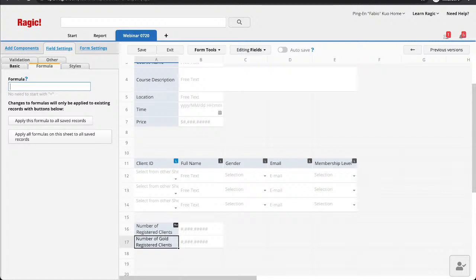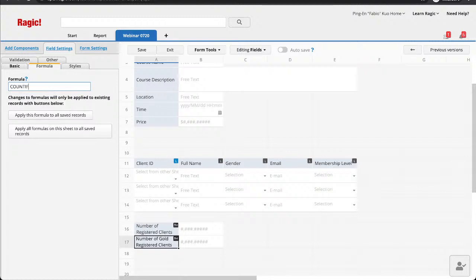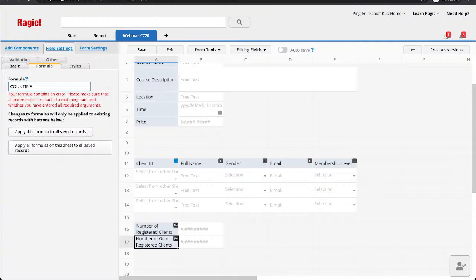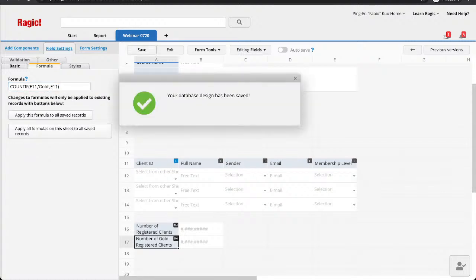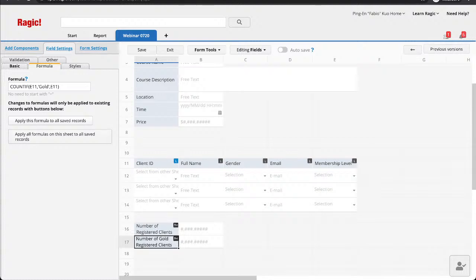This one, we're going to do with a conditional count formula, so it's going to be count if E11 is gold, let's count E11, I think I got these wrong. Then save, apply.